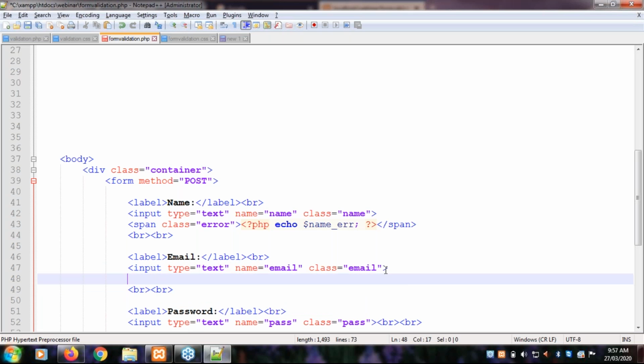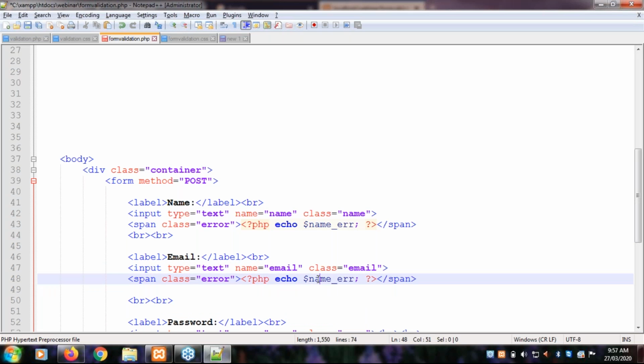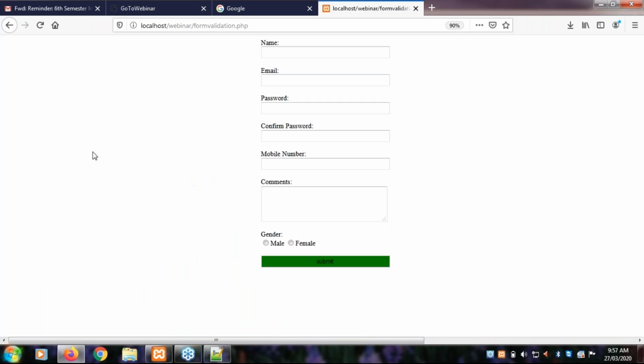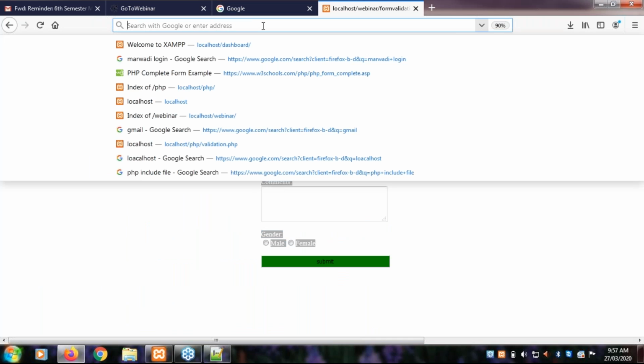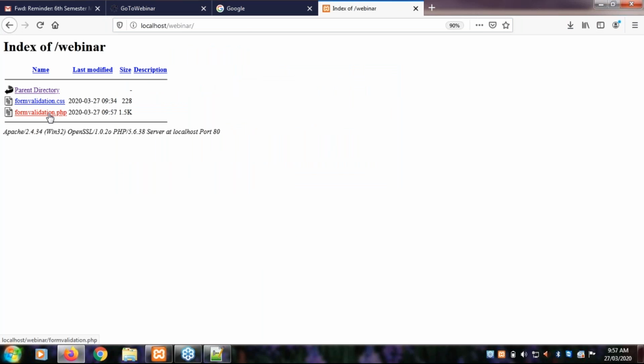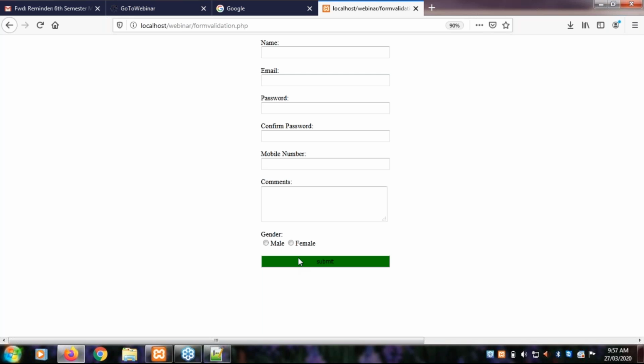Now for email, email underscore err contains the error message, right? So we'll check again. Form validation.php. Now we click on the submit button, it will display the error messages, enter name and please enter email, right?